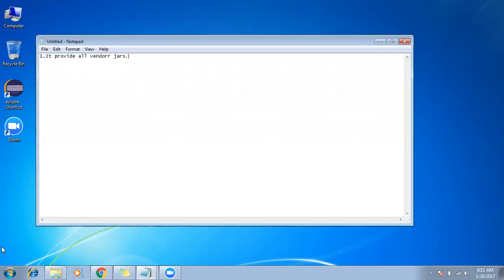It will download the jar and keep it in your machine. It will take care of where to download from and how to download the exact version, all those things. So this is one of the main purposes of Maven. And the second purpose of Maven is,